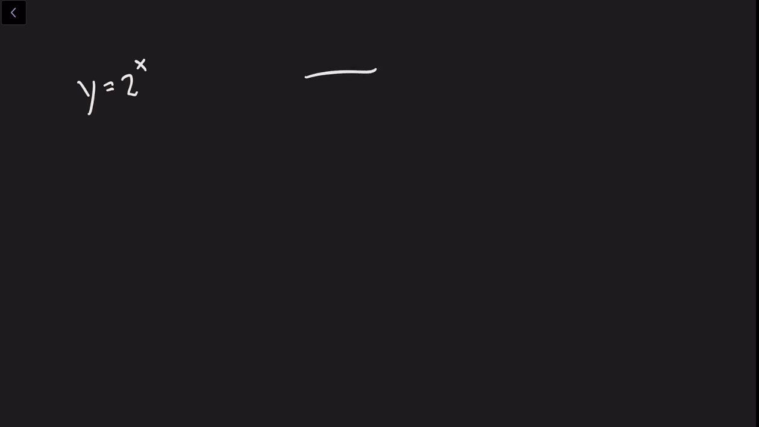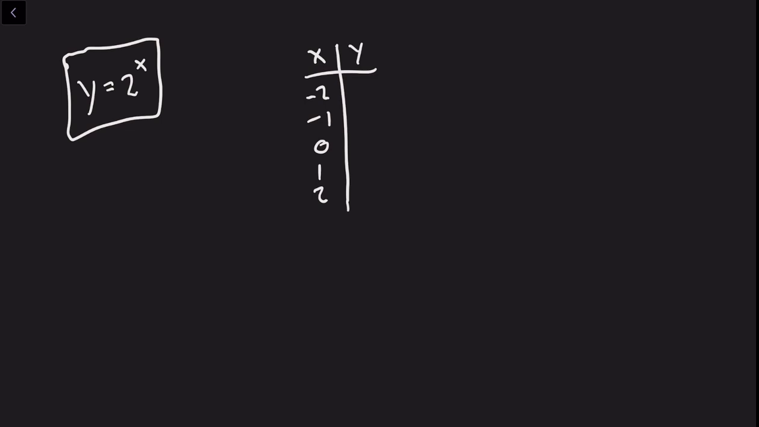So if I set up a table of x values and y values, I want to stay around my origin for this just to make it easier. So I can say my x values are -2, -1, 0, 1, and 2. And then we can plug each one in to our function here, our equation, and see what we get for y. So if we do 2 to the negative second